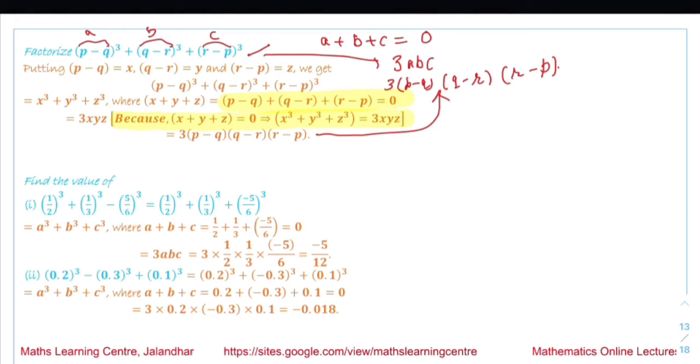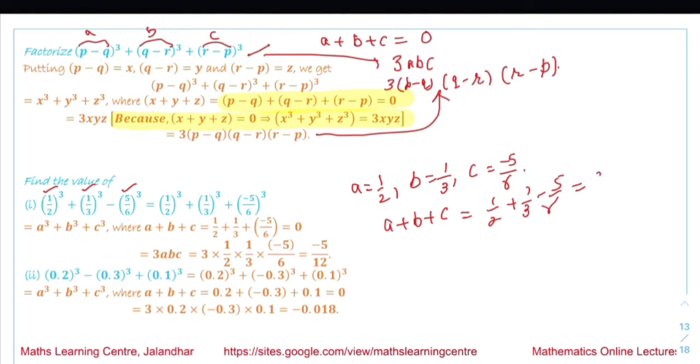Now in the next question, we have to calculate (1/2)³ + (1/3)³ − (5/6)³. Now again you consider a = 1/2, b = 1/3, and c = −5/6. So what you will get when you calculate a + b + c is 1/2 + 1/3 − 5/6. The answer is